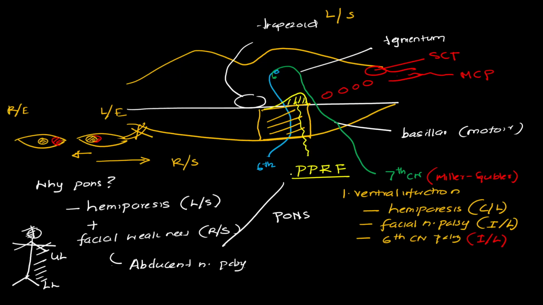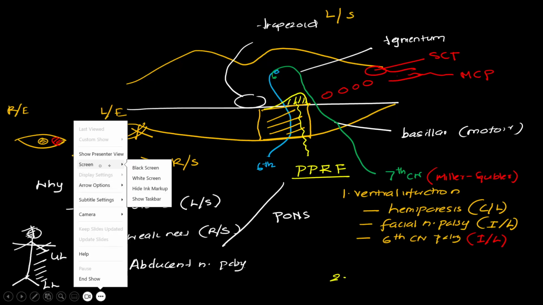It's the paramedian pontine reticular formation. What is the function of the paramedian pontine reticular formation? It's something like this. The PPRF will have connections with the sixth cranial nerve, which controls the lateral rectus of the ipsilateral side,